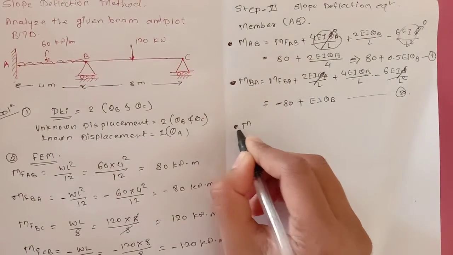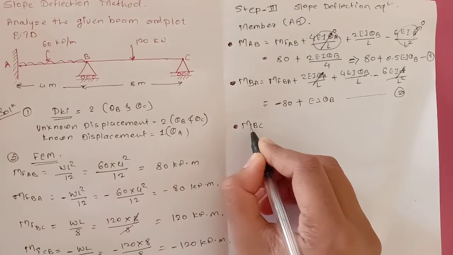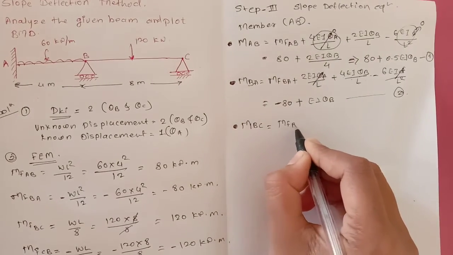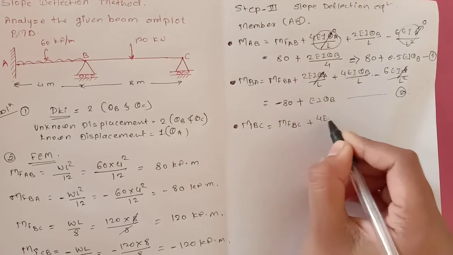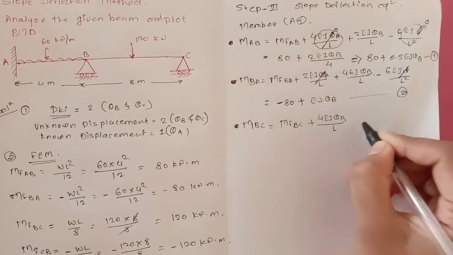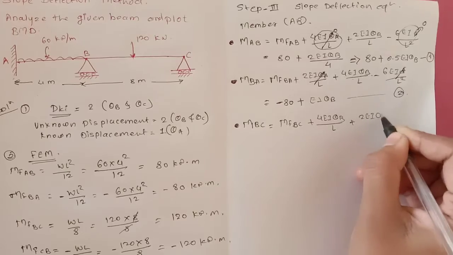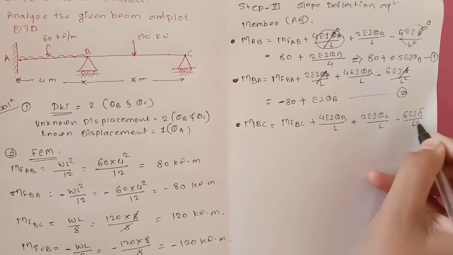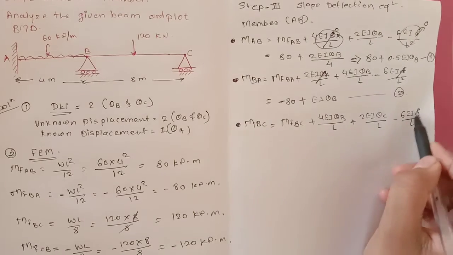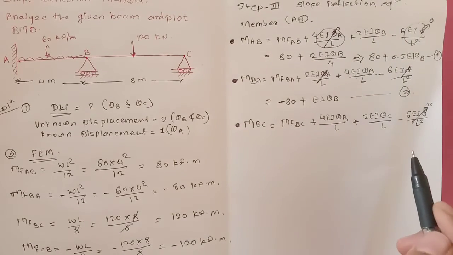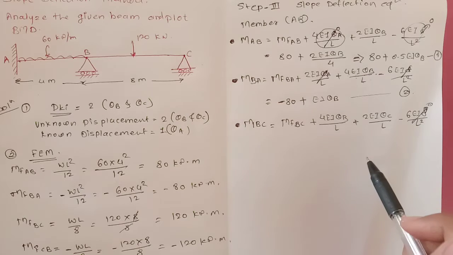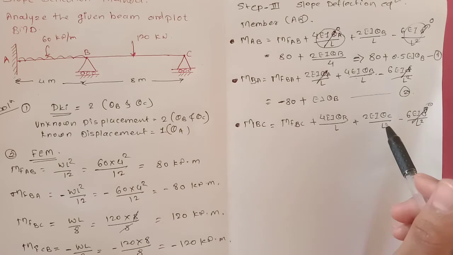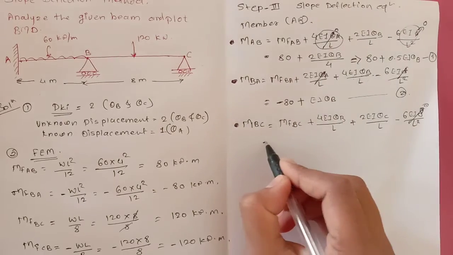slope deflection equation for member BC. Okay, so the formula is fixed moment for member BC plus 4 EI theta B divided by L plus 2 EI theta C divided by L minus 6 EI delta divided by L square. So here only the delta term is cancelled and we have to find the unknown displacements, that is theta B and theta C. So that's why here